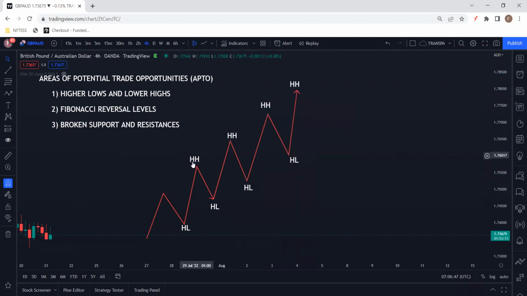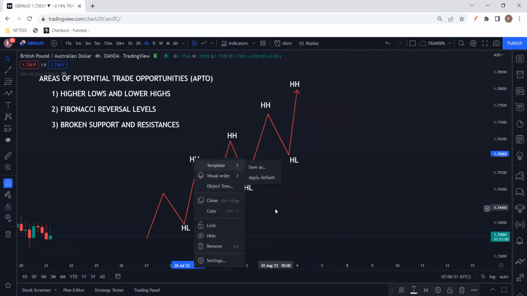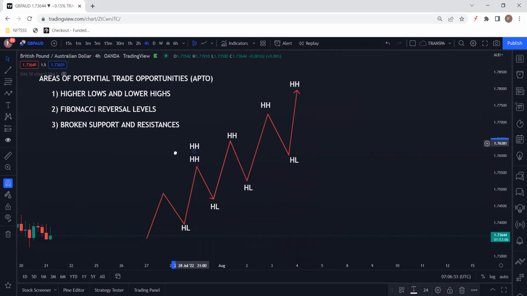So having identified the structure of the market, and seeing that price is making higher highs and higher lows, you know for sure we are in an uptrend, and we want to look out for buy setups only whenever we're in an uptrend. So where do we look out for the buying setups? Number one criterion is higher lows. The best place to buy from would be, once you have seen price break above